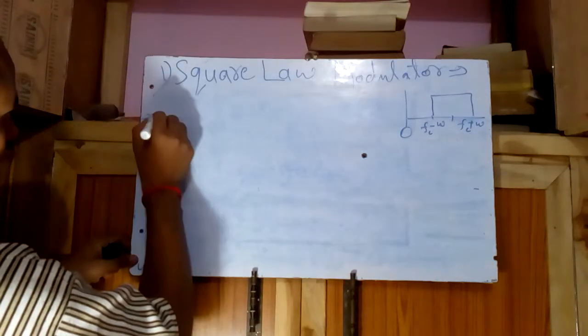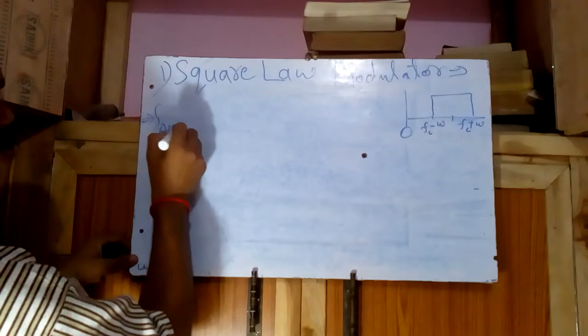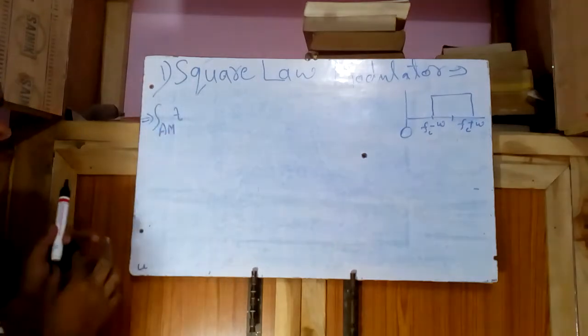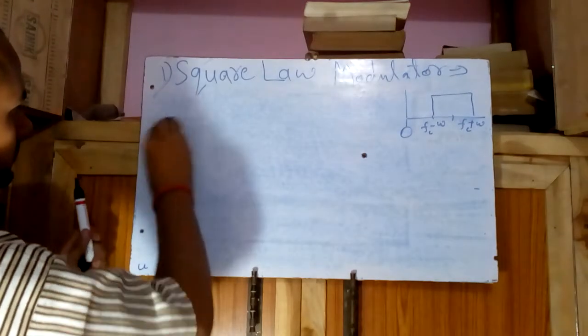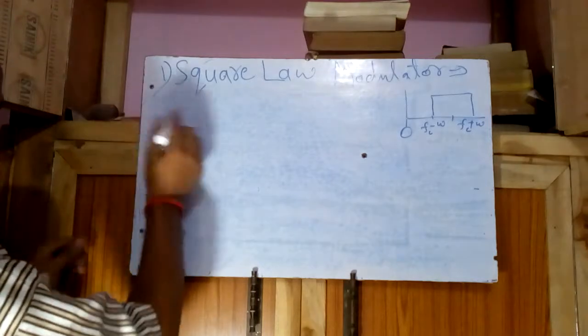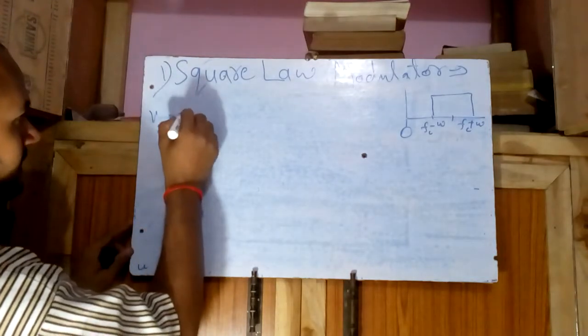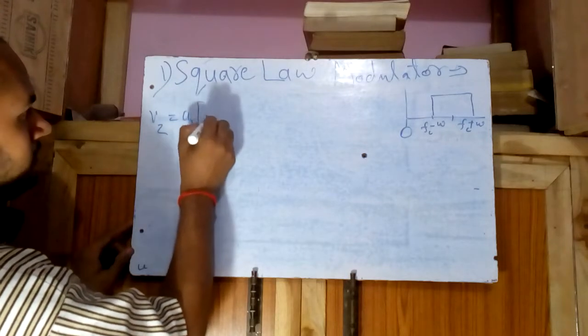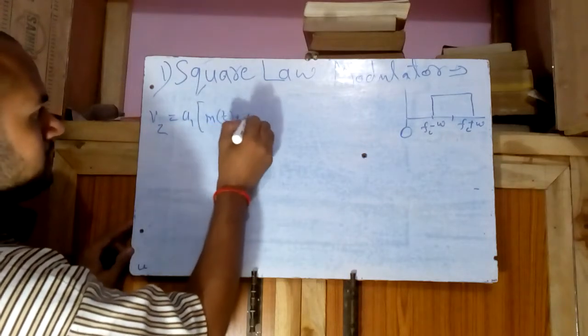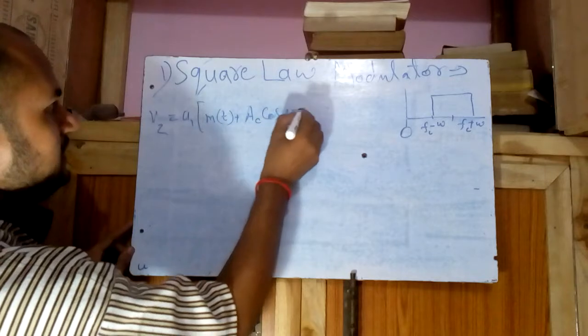Now see, SAMT, sorry, the output of this square law device, that is A1 MT plus AC cos 2 pi FCT